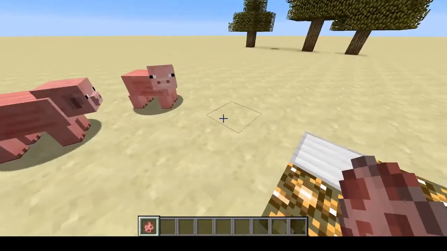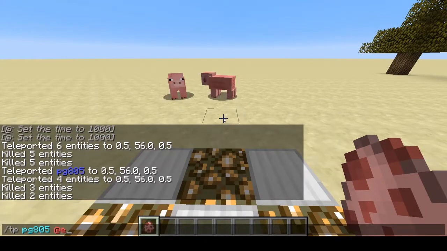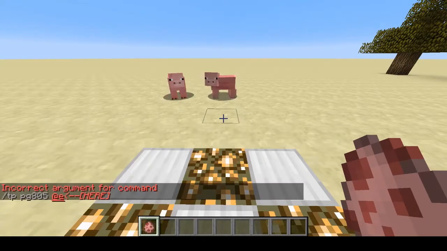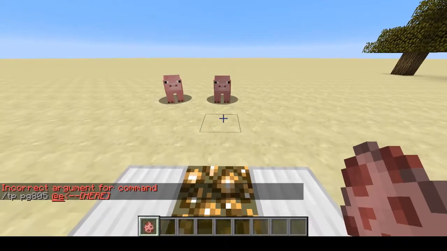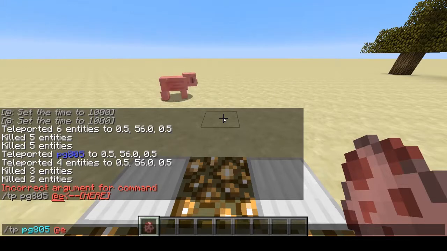It's like I have this pig, and I type /tp and select the pig @e. What entity would it teleport me to? There's no specification here. Well, it's very important that you only have one. So if you do want to teleport to a specific entity, you're going to want to use one of the selector sets to limit it down. And now this part is actually very important. You have to type in limit=1,